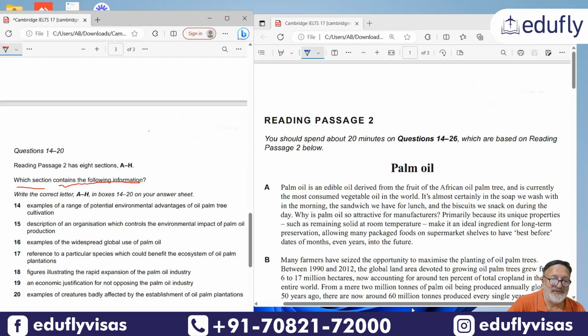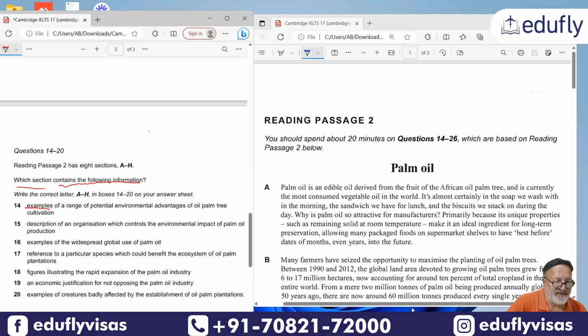Now these are similar but not the same as list of headings. In the list of headings you have to choose the heading which can summarize what is written in that paragraph, which can reflect it. But in case of finding out information, it need not be the most important thing in the paragraph. It is just that it should be there in that paragraph. So for this, like in many other tasks of reading, the keywords hold the most importance. So the keywords of the question. Okay. So now we have to see examples